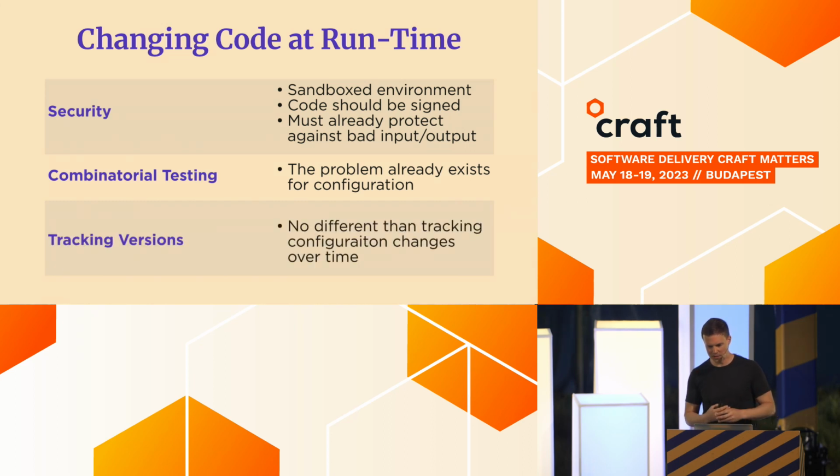And then the final objection is tracking versions. If someone calls your support line needing support for the product, how do you know which code they're running? I think, again, with all these parameters that can change behavior at runtime, you already have the challenge of tracking configuration changes over time, and tracking the changes to the WebAssembly is essentially the same problem. So I think it just motivates getting really good at tracking versions and changes and really good at combinatorial testing.